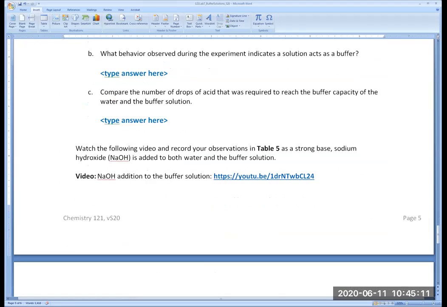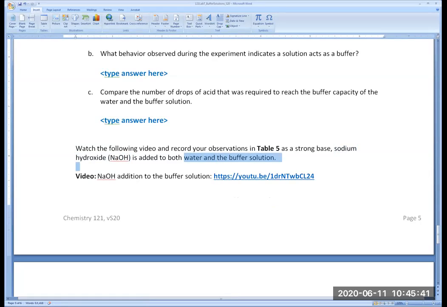So that's for the acid. And then you will do the same thing, actually you will not do a graph, for the addition of sodium hydroxide. So sodium hydroxide is a strong base, right? It's a strong base because it has the OH minus ion here. The hydroxide ion is a strong base. So instead of adding an acid to the water and buffer, we will add the strong base